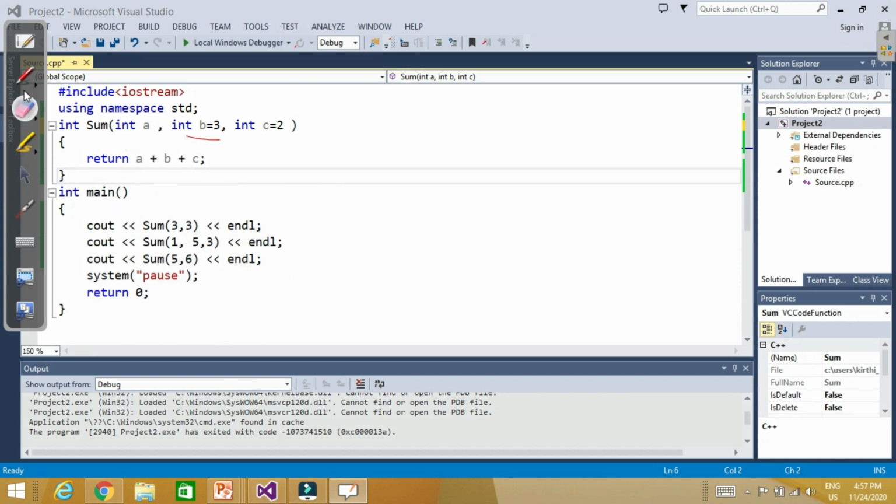If you want to make a default, then you should make b and c also default arguments. Or, for example, if you have three arguments and you want to make only one argument default, keep it on the rightmost side. What I want to tell you is that when you want to assign default arguments, always start assigning from the rightmost argument, because the compiler takes values from the leftmost side. So this is all about default arguments.